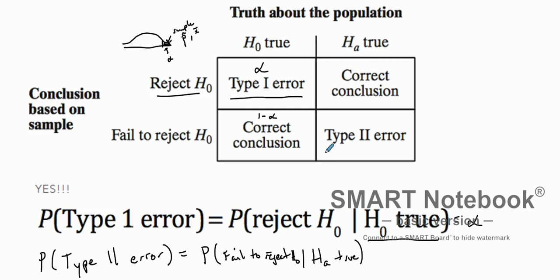And that is what we sometimes know as the power of the test, the power of correctly concluding that the alternate is true. We're going to talk more about the power later on. But that is what we know about type 1 and type 2 errors, and when they will occur. Type 2 is when the alternate is true, however, we fail to reject the null. Over here, type 1 errors are where the null hypothesis is true, but we reject it. We're going to go through the problems in the next video, but take these notes, and hopefully this helps in your